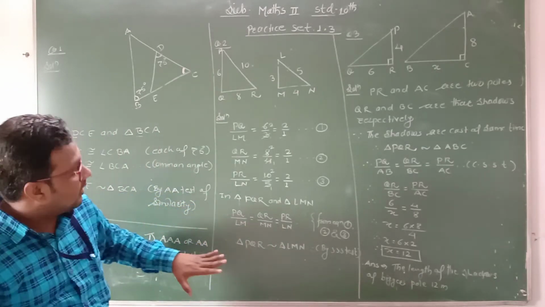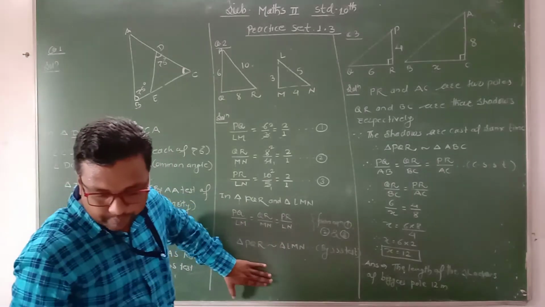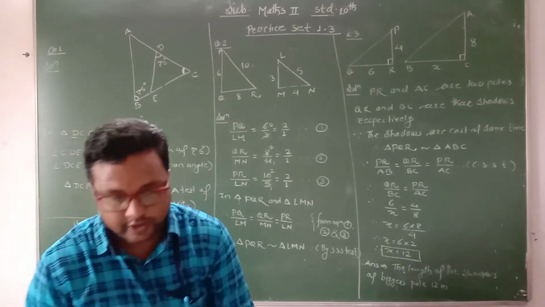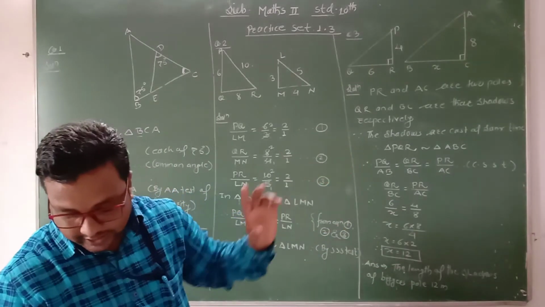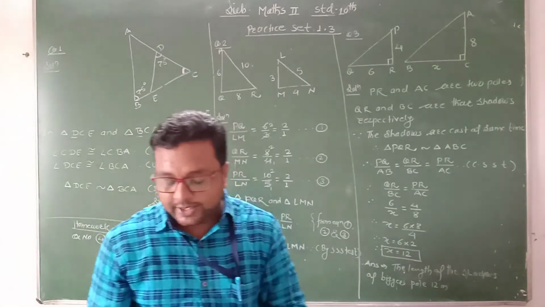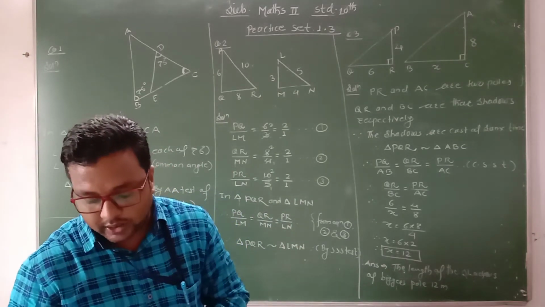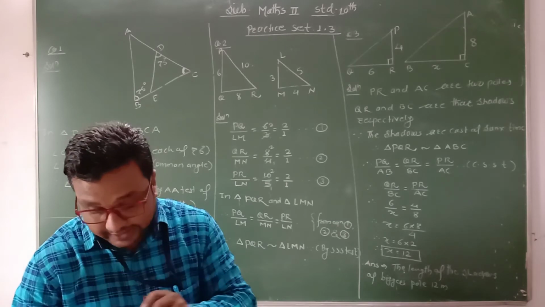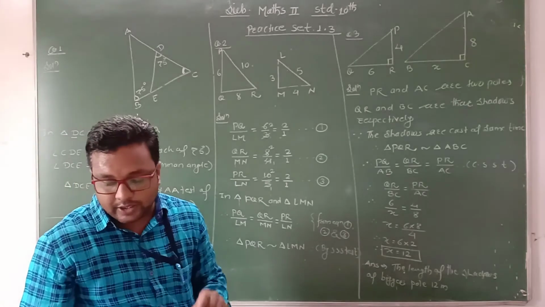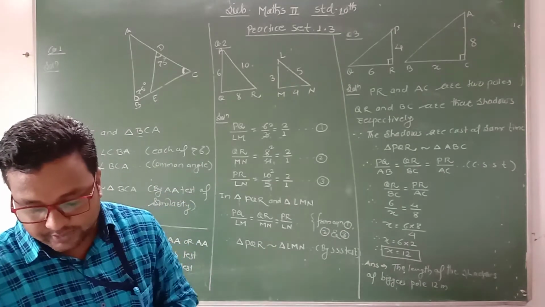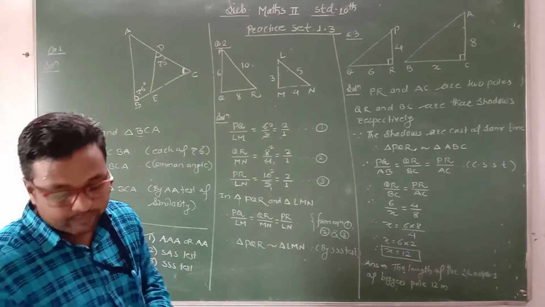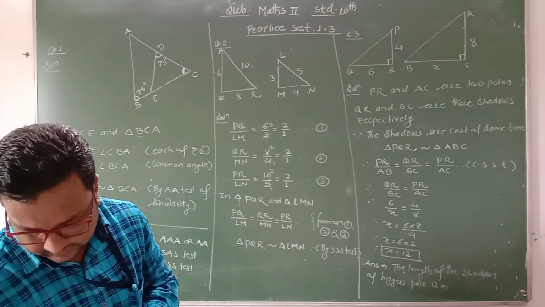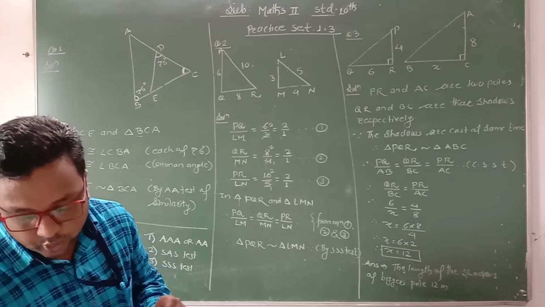Clear? Okay, I hope, students, you understand this question also. Now see the next question. In the next question, as shown in the figure, two triangles are given here. Two poles of height 8 meter and 4 meter are perpendicular to the ground. If the length of the shadow of the smaller pole due to the sunlight is 6 meter, then how long will be the shadow of the bigger pole at the same time? So here we have to find out the length of the shadow of the bigger pole.